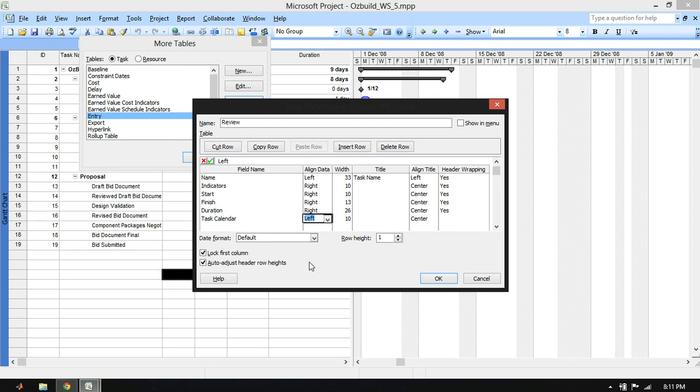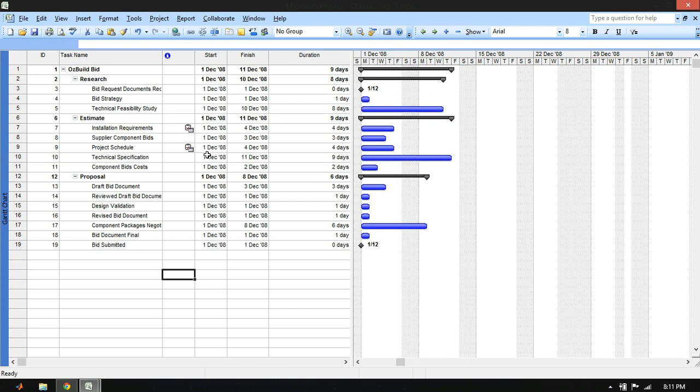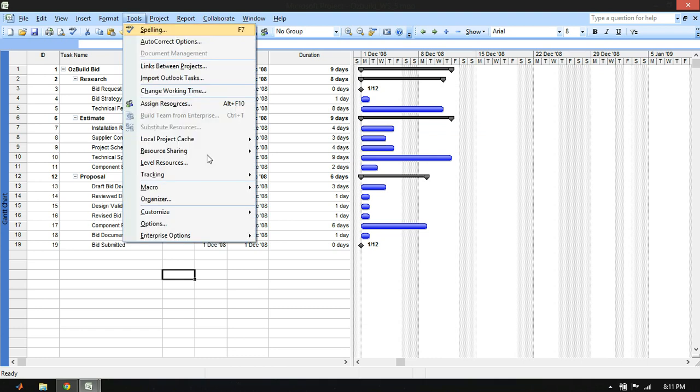Check the show in options menu. So that's this button up here. Just press that, and then press OK. And now we want to apply this table, so just go apply. Okay. Now to make the duration column narrower, what we're going to do is go Alt-T, Alt-O,